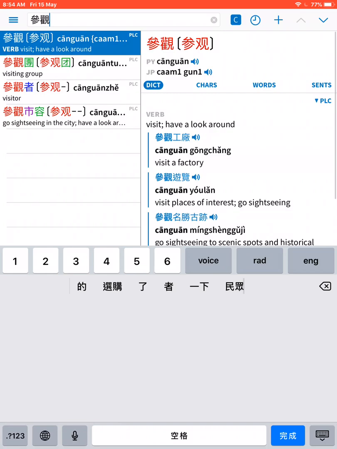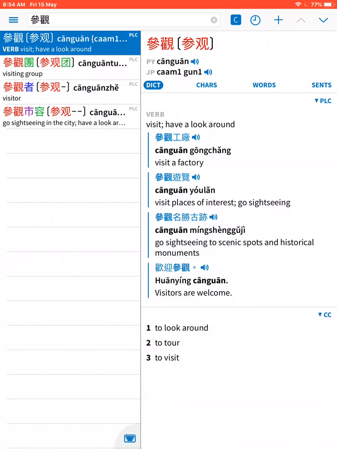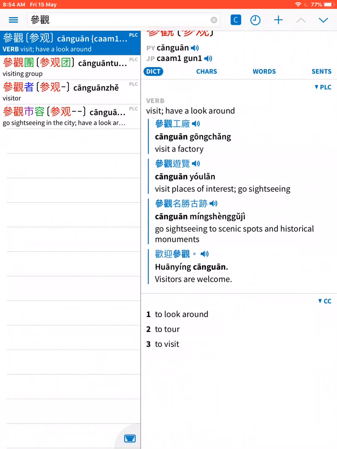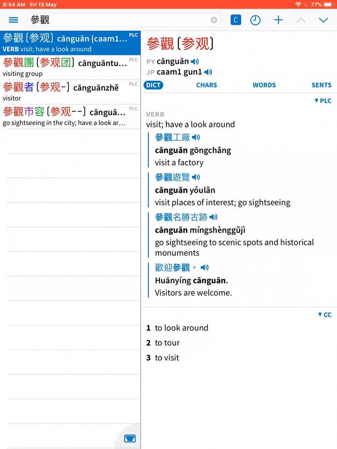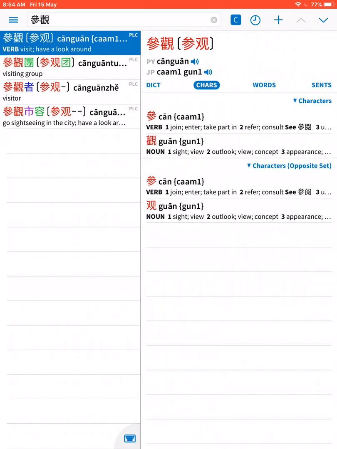On the right hand side, for 參觀, the meaning is visits, have a look around. Then there are possible combinations of vocabularies, like the first one, 參觀工場. However, for this one, there would be no Cantonese pronunciation, so it doesn't matter. I just want you to know the 參觀 Cantonese pronunciations. Yeah, 參觀. So characters, words,